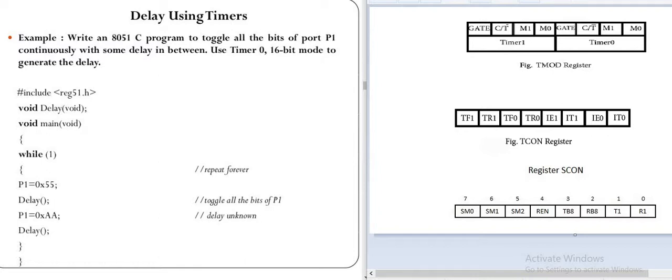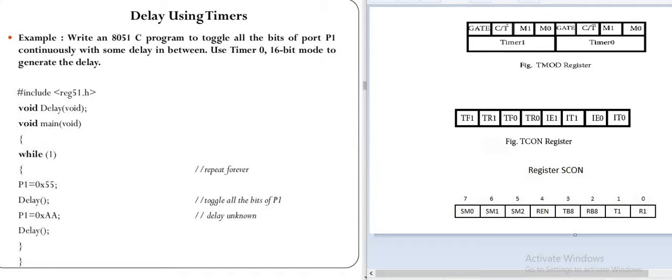So this is the TMOD register and the other is the TCON register. Whenever we mention a particular timer in the program, we have to configure the proper timer, timer 0 or timer 1.